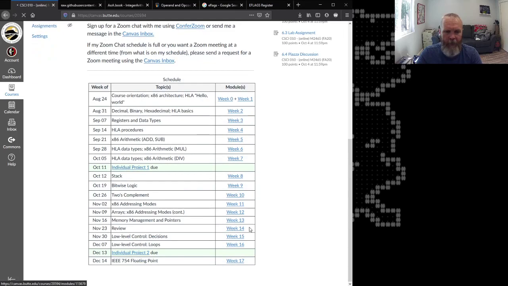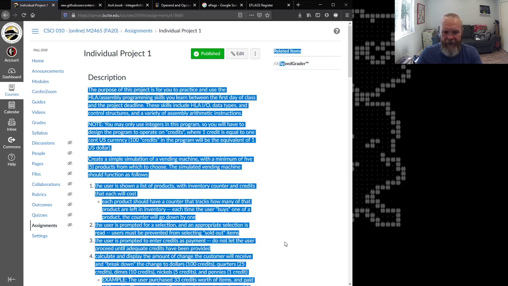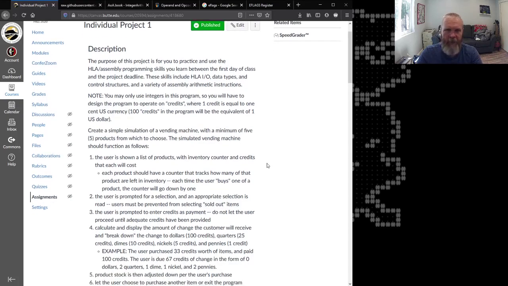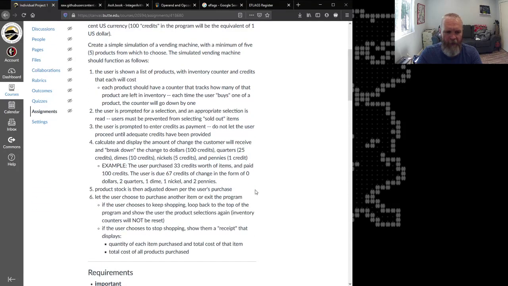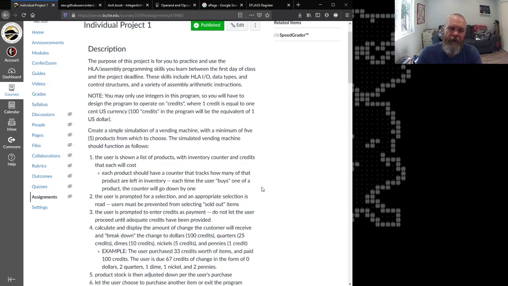So the project. I went back to the home page and I clicked on the project. It's got a lot of description on it, and again, I try to fill in gaps that I anticipate might happen because we're fully online. So there's probably more words here than I might normally use to hopefully explain to you what this program is supposed to do. And I'm going to talk a little bit about it here this morning to get you started on it.